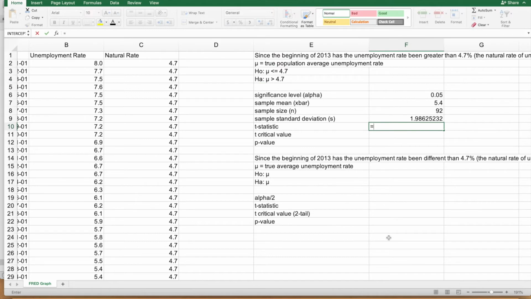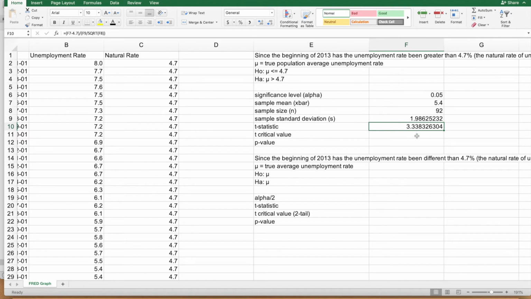So equals x bar minus 4.7, which is mu naught, the number that divides our alternative and null hypotheses, divided by, open parentheses, S, right here, divided by the square root of n. Because S divided by the square root of n is our standard error. So this whole part is dividing by the standard error. So that gives us a t statistic of